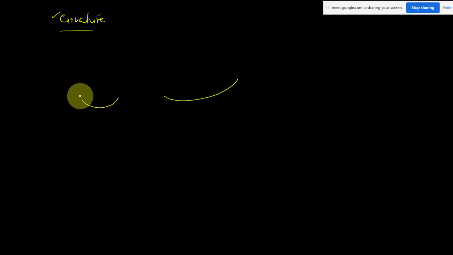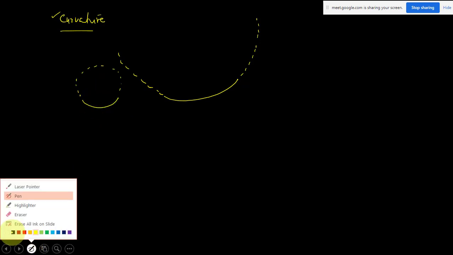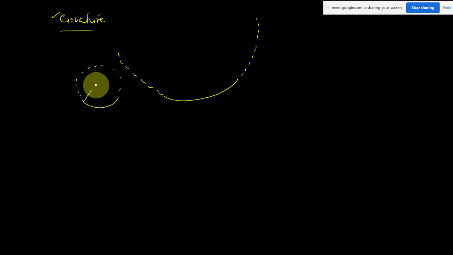And if you take it as a part of a circle, it will be a small circle because of the curvature. And if the curve is like this, it is clear that this circle is going to be very large. I think you can understand this. Suppose I have taken two curves. So which will have less radius? The first curve will have less radius, R1. This curve is a part of a large circle, so its radius is going to be more, R2. So the radius of curvature R1 will be less than R2 for these two curves.